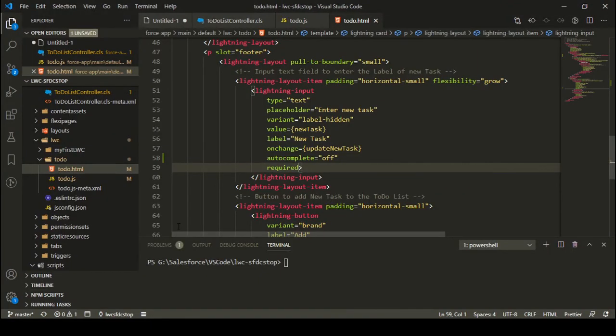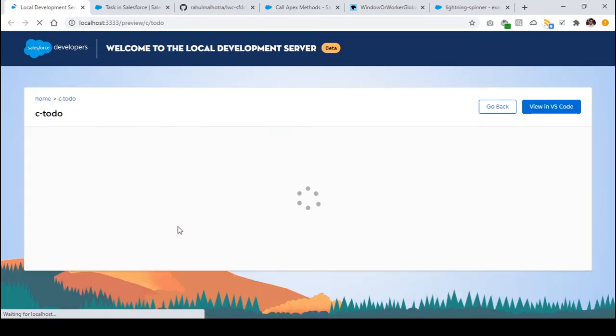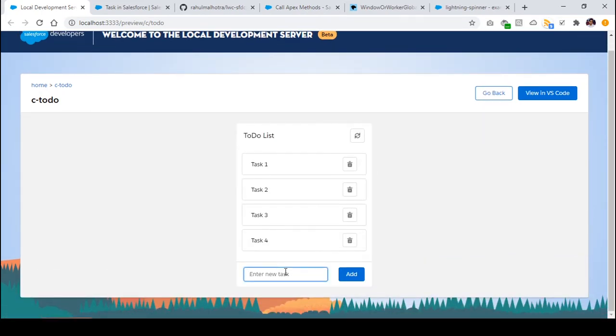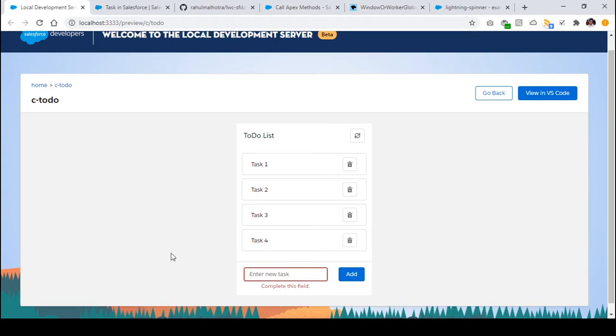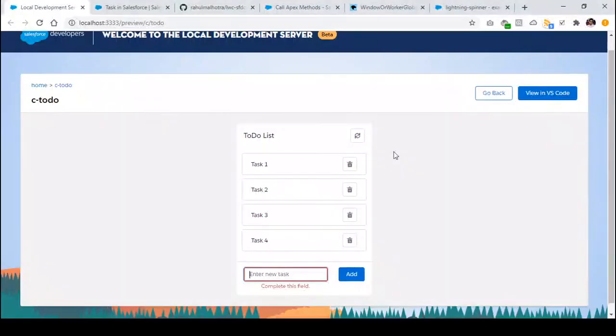So let me just save it and let me check if it is working or not. This is another code refinement that we just did, that I will not get any kind of suggestions now, no matter how many times I click on this particular input field, right? This is managed by the autocomplete attribute. Just keep a note of this. It is a very simple thing, but people usually don't use this. But it is really useful if you want to use it.